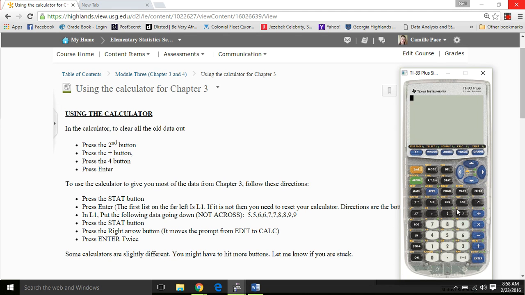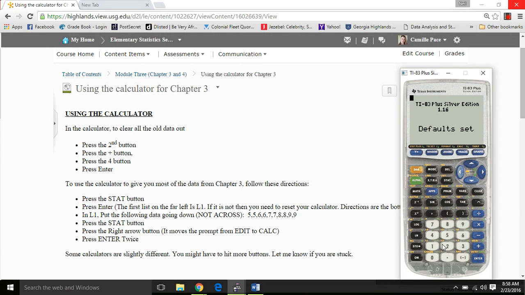The first thing I'm going to do is I'm going to do second plus, and I'm going to reset my whole calculator. So I'm going to go 7, 1, and then 2, and that clears my RAM. Okay, and I hit done and it's done. The second thing I can do is go second plus 7, 2, 2. And what that does is the first thing I did cleared out your RAM. The second thing I did is take you back to the defaults that you got when you got the calculator